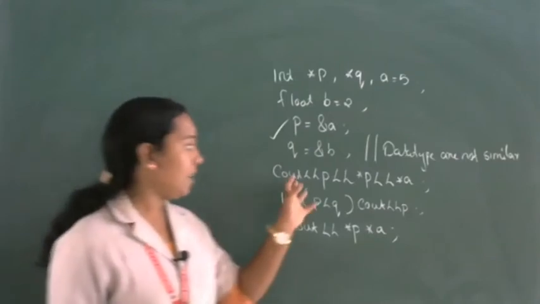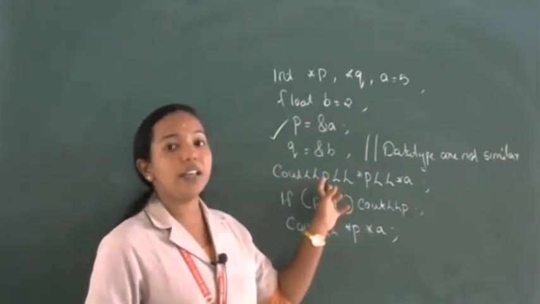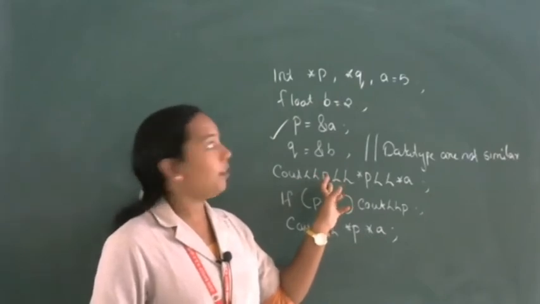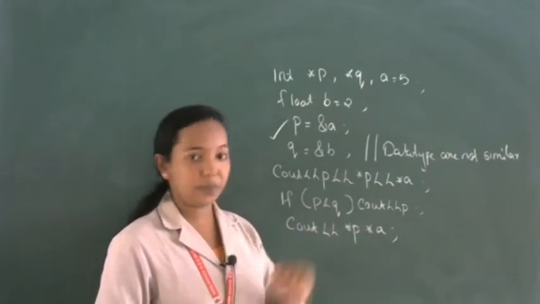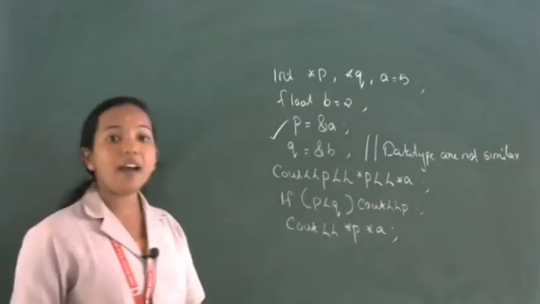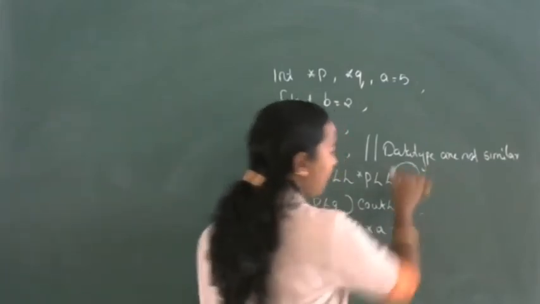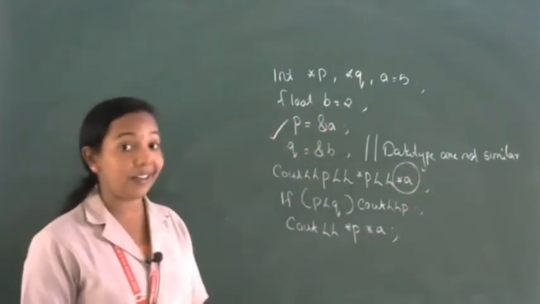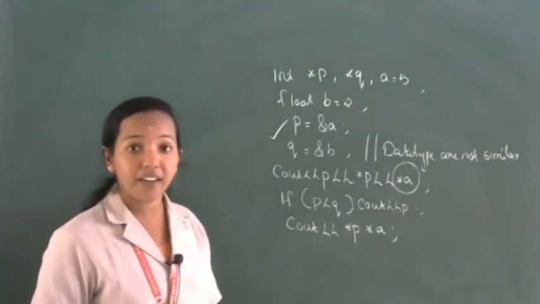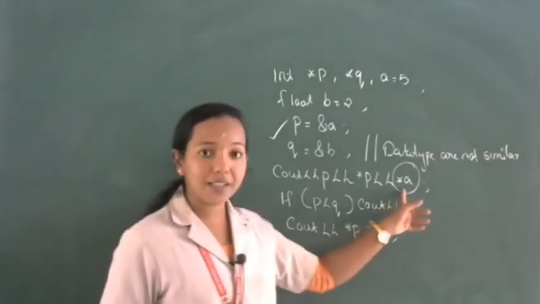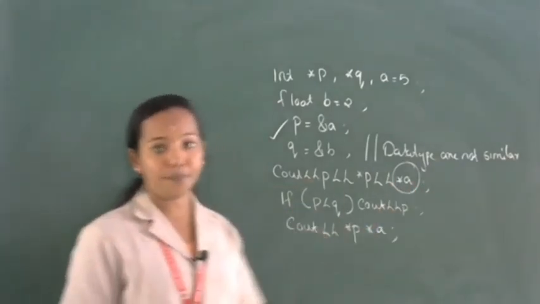Then after that, cout << p. If we write cout << p, we will get the memory address, and *p we will get the value present at address p. The next one, *a. Is it correct? Normally we use the star operator for declaring a pointer variable. Here a is not a pointer variable. So we don't want to use the star operator along with a. So this is wrong. Okay.